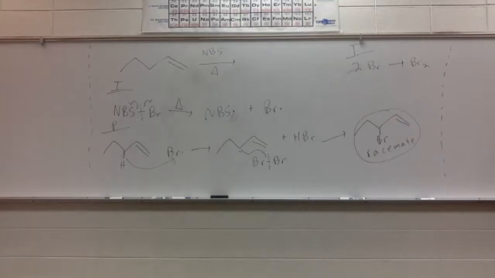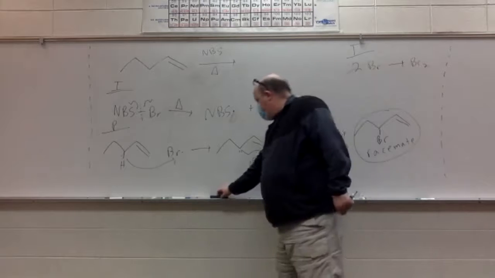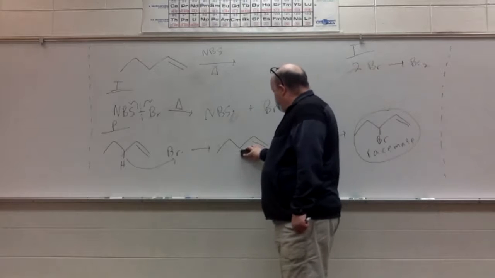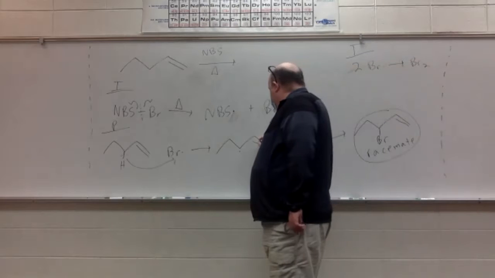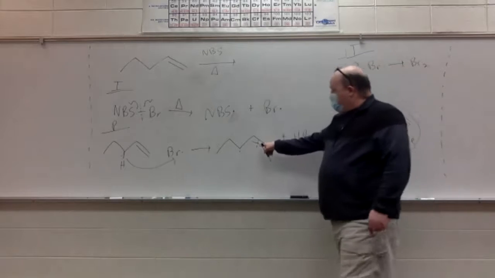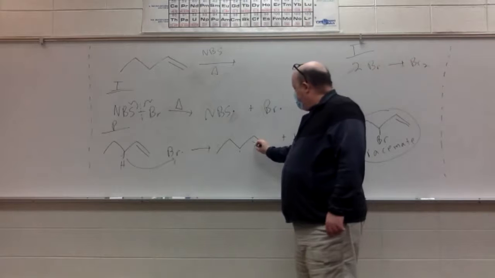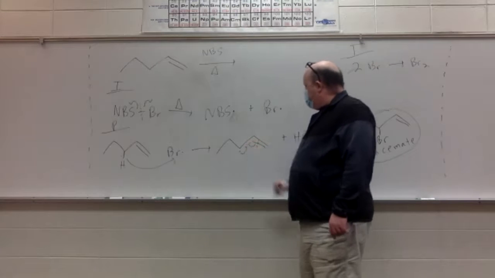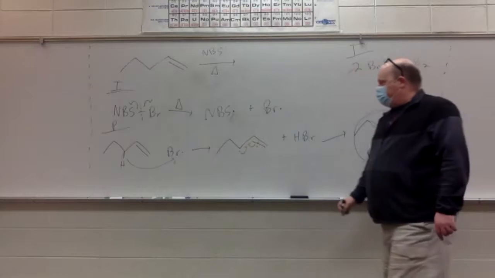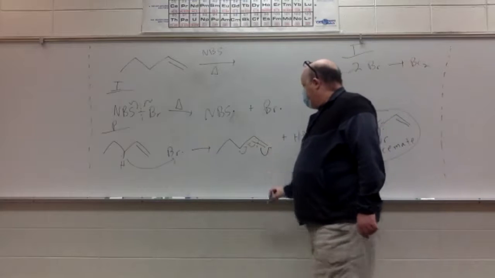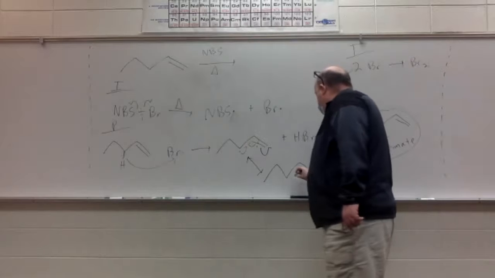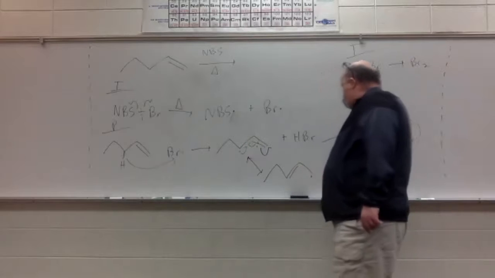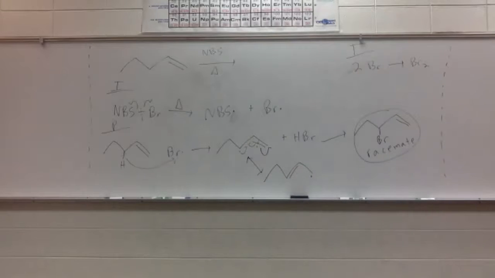Now, that's not the only thing that can happen. What else could happen with this allyl radical? Resonance. Yeah, this is where resonance comes in. Allyl radicals are stabilized by resonance, which means this pi bond can split, and these two electrons can sort of meet in the middle and make a new double bond, and this electron could stay over here. And so there's your other resonance structure,